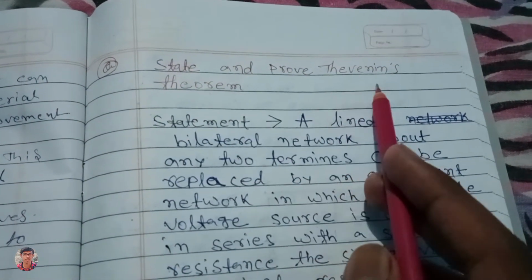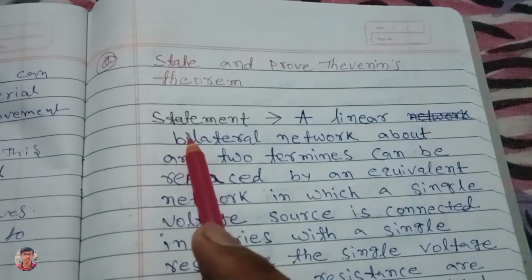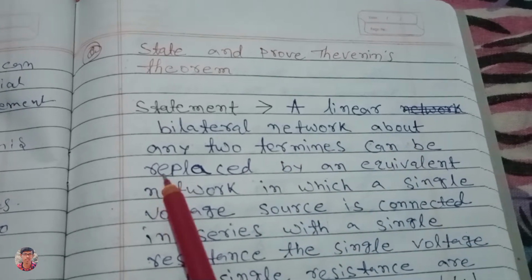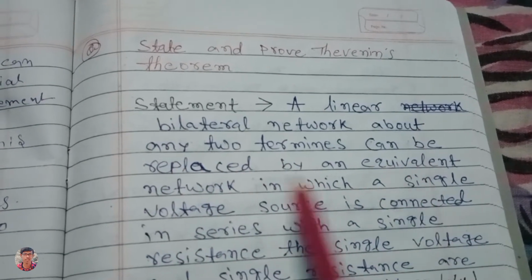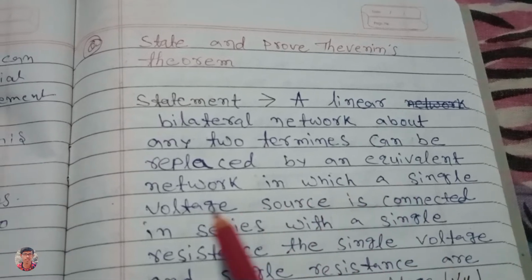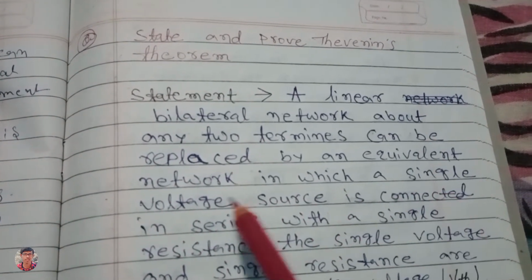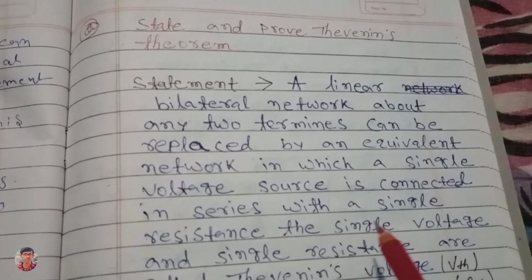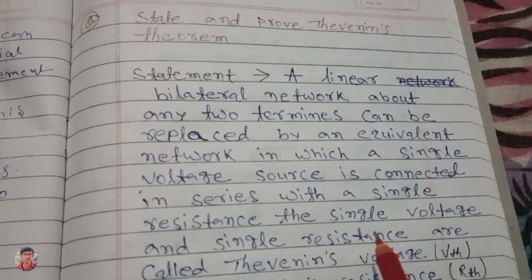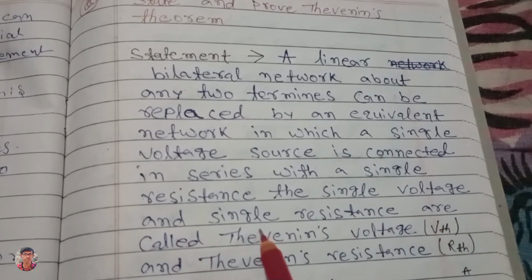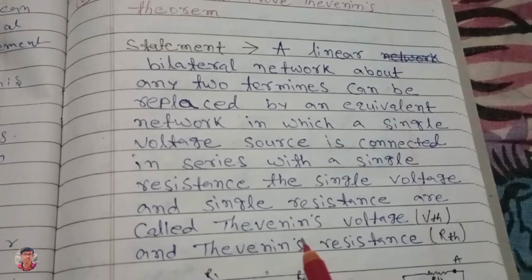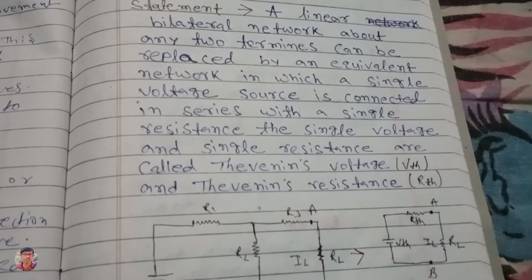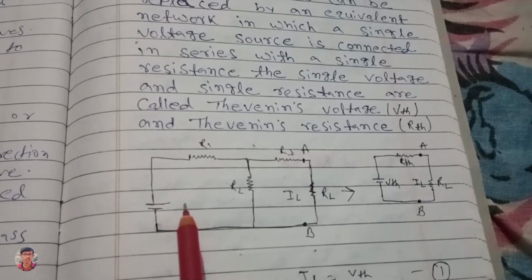प्रूव थेवेनिन्स थ्योरम। स्टेटमेंट: A linear bilateral network about any two terminals can be replaced by an equivalent network in which a single voltage source is connected in series with a single resistance. The single voltage and single resistance are called Thevenin's voltage and Thevenin's resistance। तो फिगर देखिए,